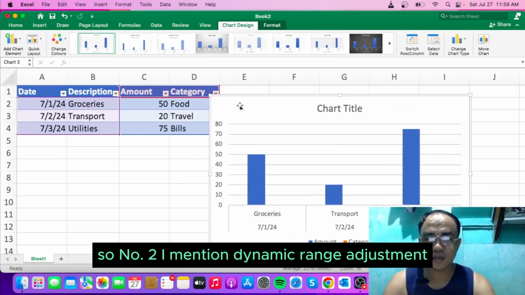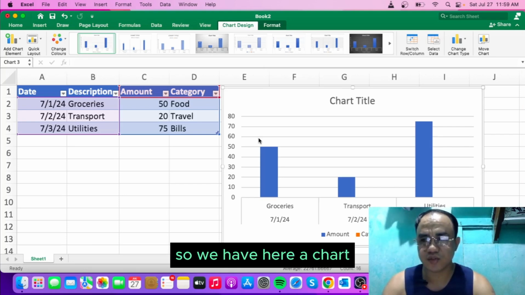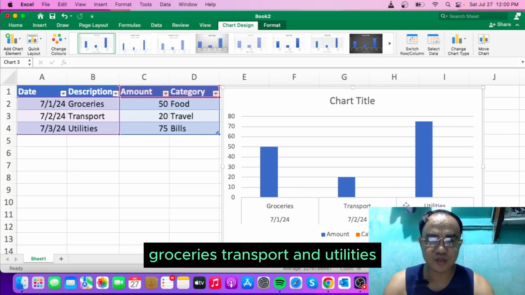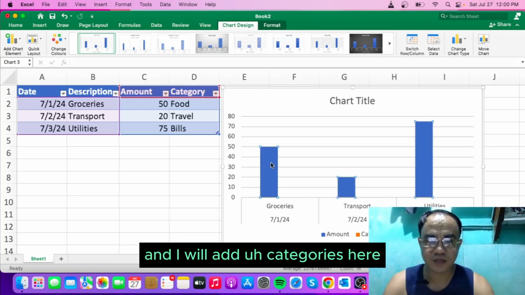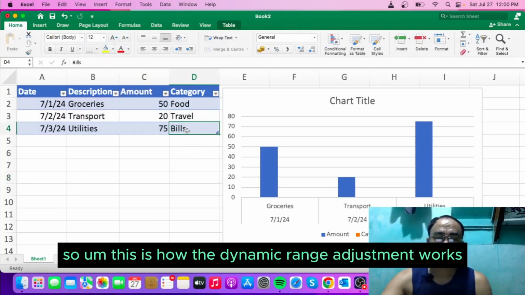So number two, I mentioned dynamic range adjustment. We have here a chart, and when you look at the bottom part, grocery, transport, and utilities, I will add categories here. This is how the dynamic range adjustment works.